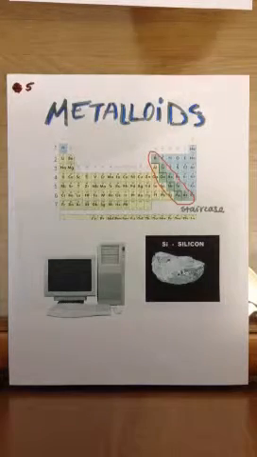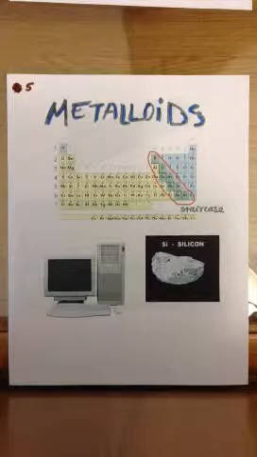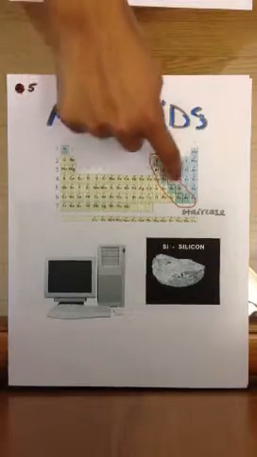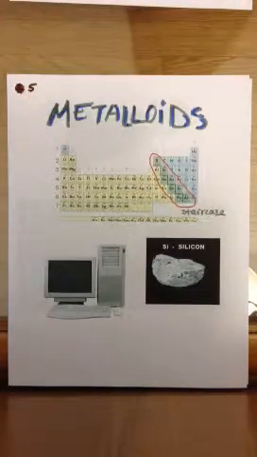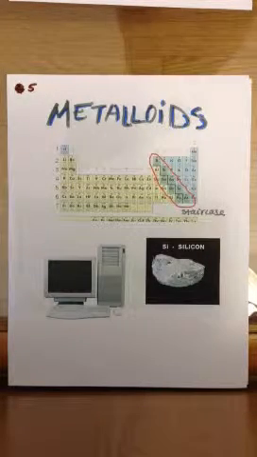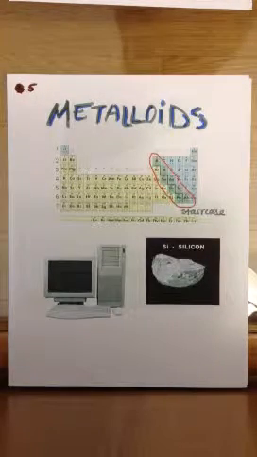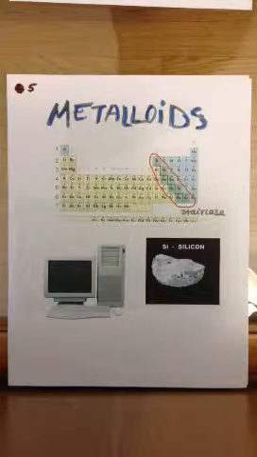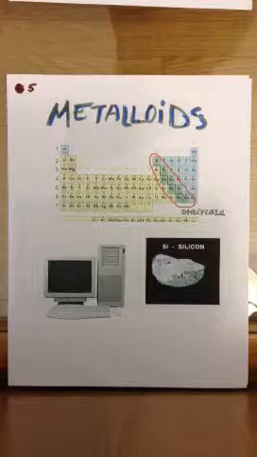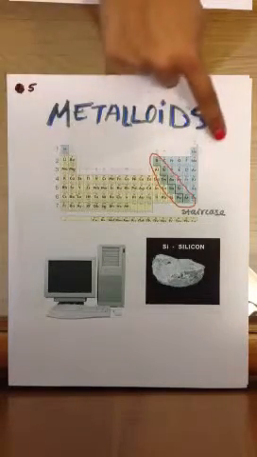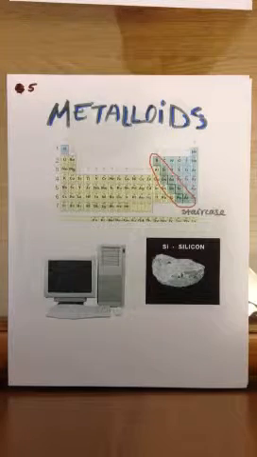Metalloids. The metalloids are the group of elements that represent the transition from metals to nonmetals, and they are located along the stair step of the periodic table. This group consists of the elements boron, silicon, germanium, arsenic, antimony, tellurium, and polonium. The metalloids have ionization energies and electronegativities in between those of the metals and nonmetals, so they exhibit characteristics of